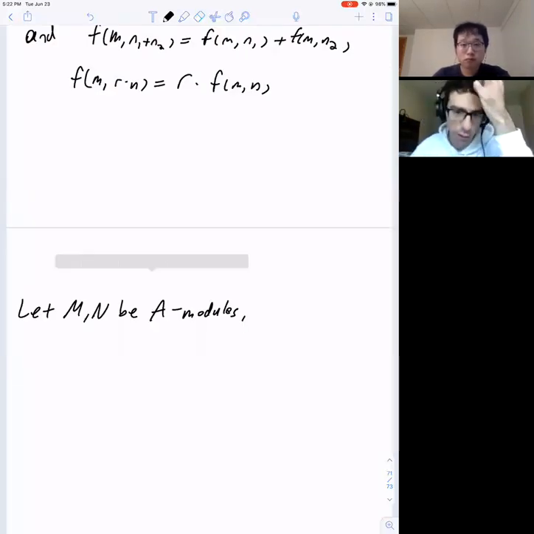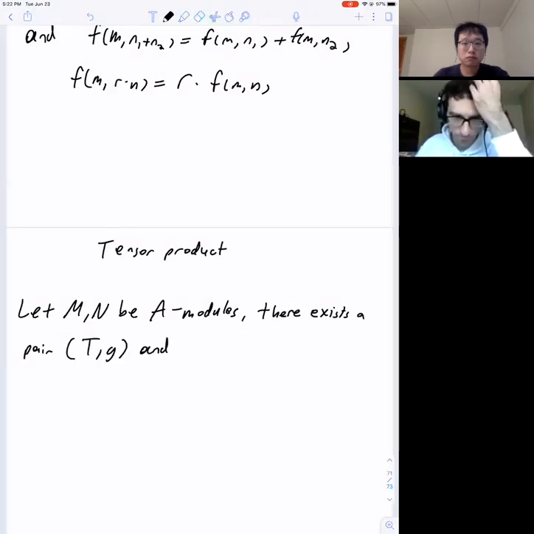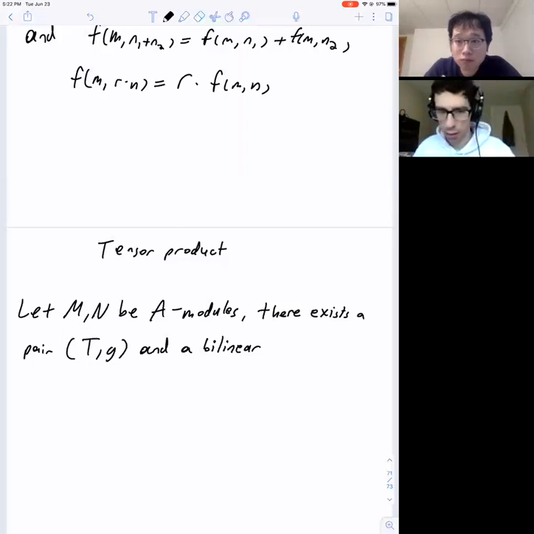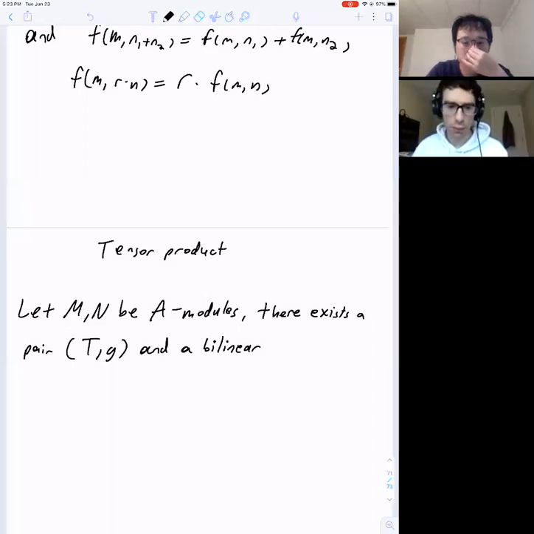If we let M and N be A modules, there exists a pair, T and G, and a bilinear mapping G going from M cross N to T such that, and this is where the universal object is defined,